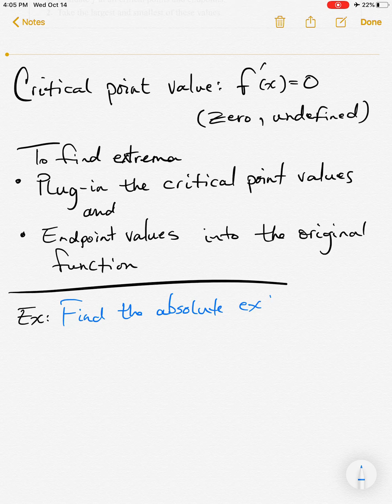And the absolute extrema, meaning the absolute max or minimum for the function f of x